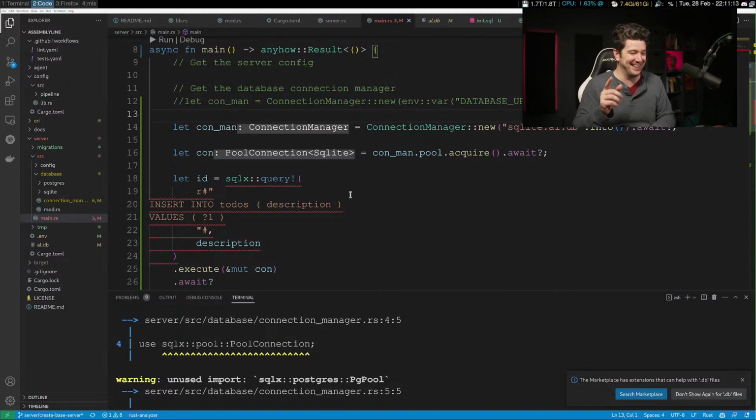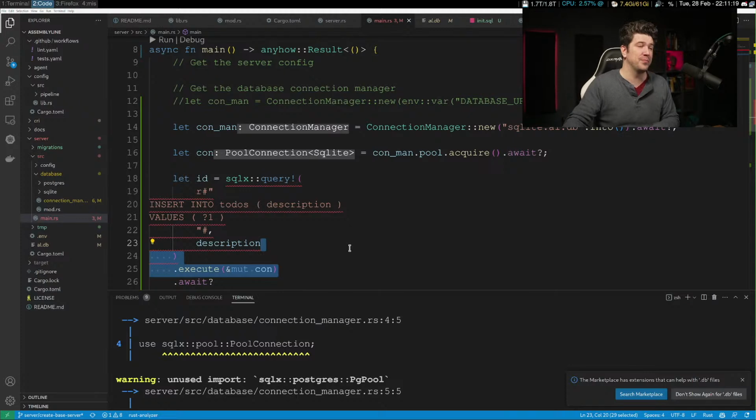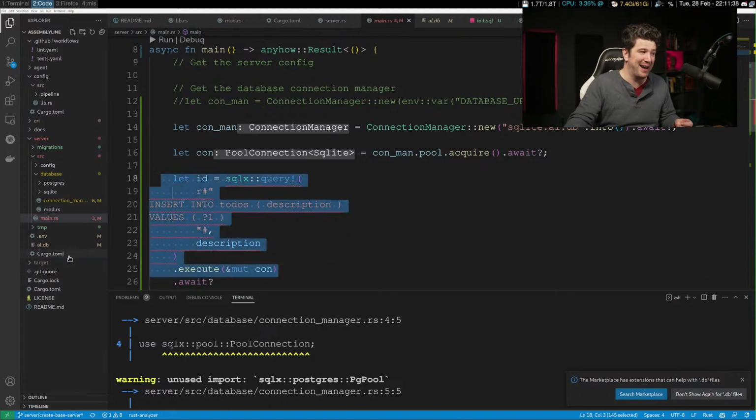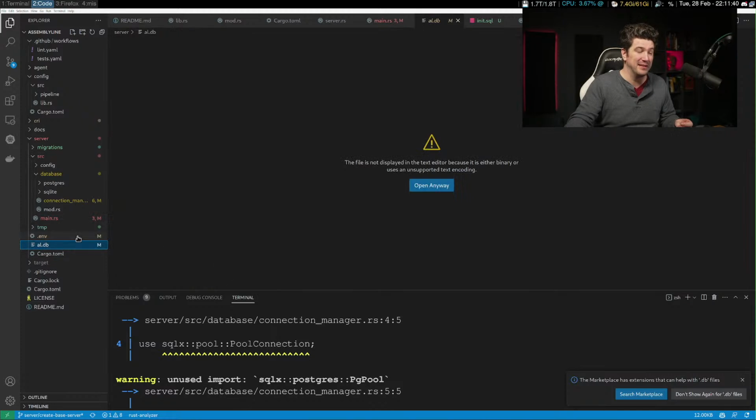I said you cannot compile this and have it create the SQLite database for you without the SQLite database. Okay? There's a difference between compile time checks and not compile time checks.